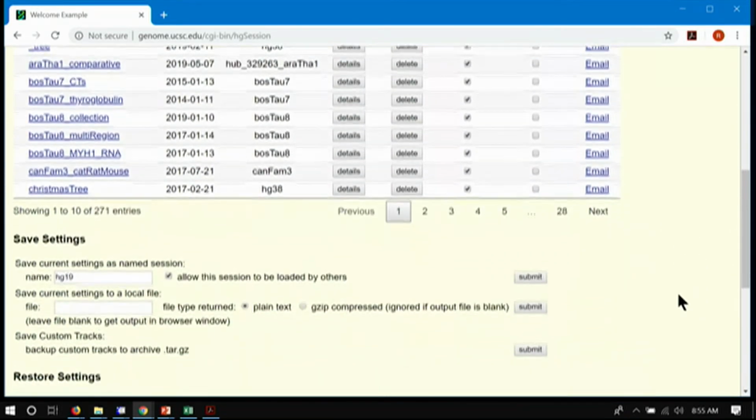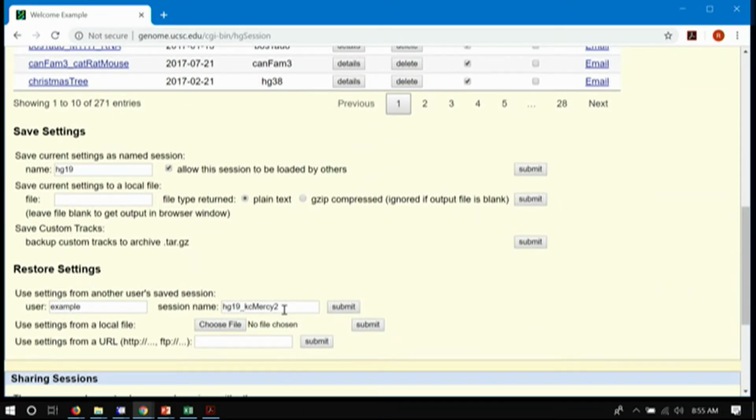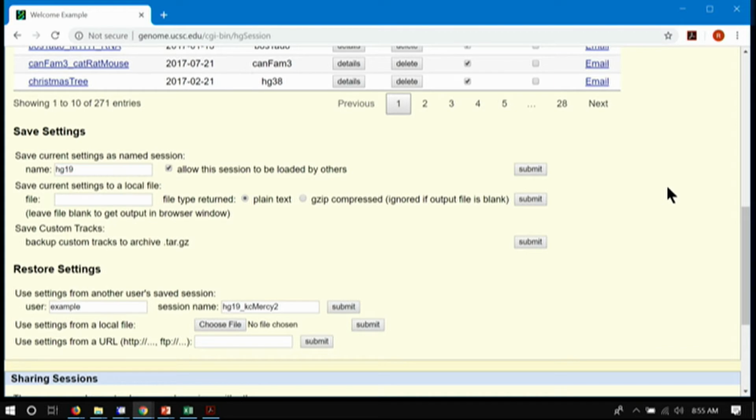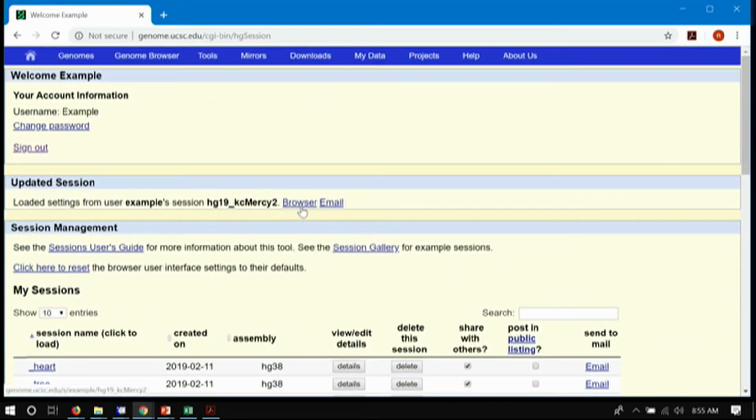I'll give you a second to catch up there. KC Mercy 2. I always keep the prompt so I don't accidentally go to HG38 when I click on one of my sessions, or mouse, God forbid, and I'm at mouse and don't even realize it. And so I keep the prompt that tells me which genome assembly I'm using. And so if I click on the browser link up here,